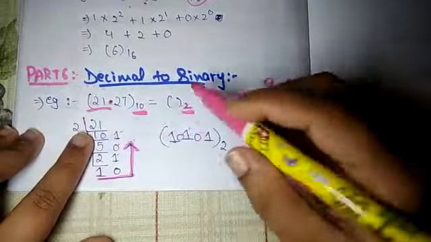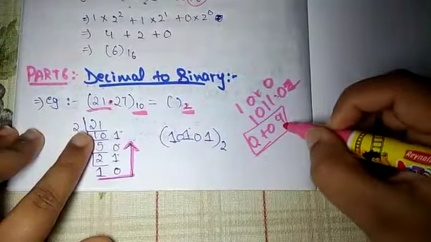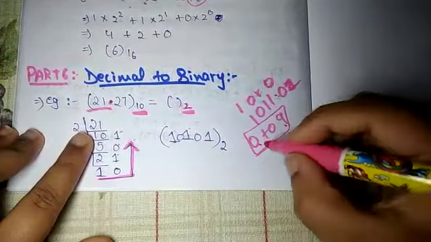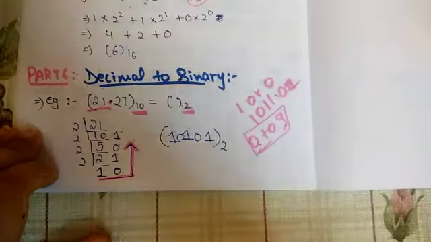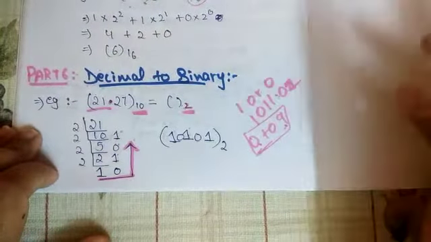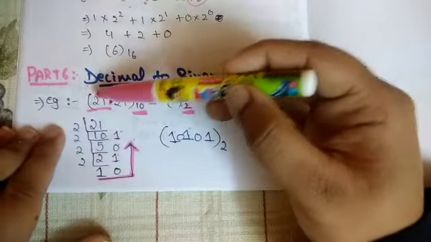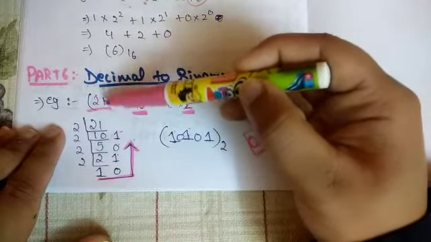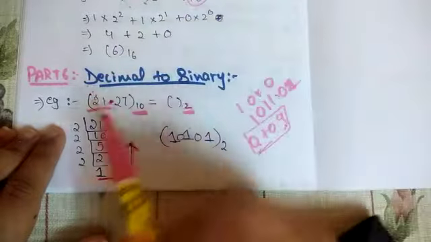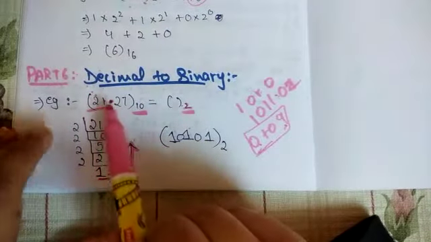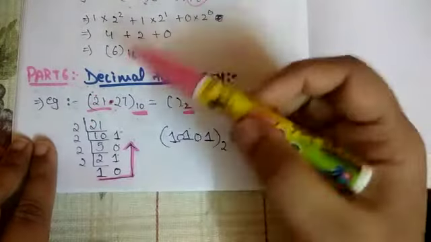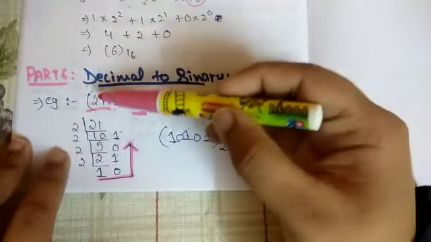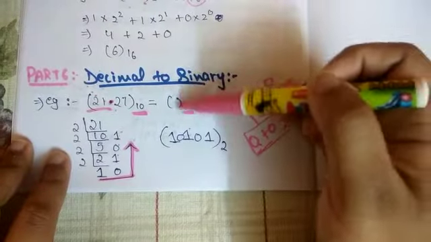We know that in decimal we have 10 digits, from 0 to 9, so we can represent it in a 0 to 9 pattern as well. What we are doing over here, we are considering the 21 part first because it's before the decimal and 27 is after the decimal. So firstly we have to start with the 21, which is before the decimal. We are converting it to the binary format.